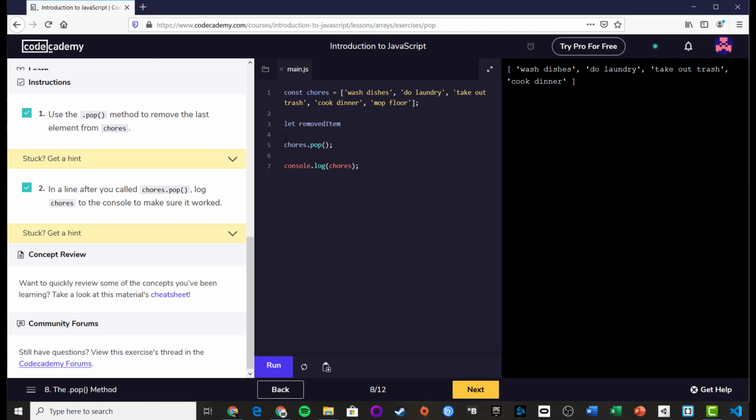So I'm going to have something called removed item. Removed item is assigned to chores.pop, so it pulls it out and stores it in that variable there. And I'm going to log that. You can see it's pulled out that string,